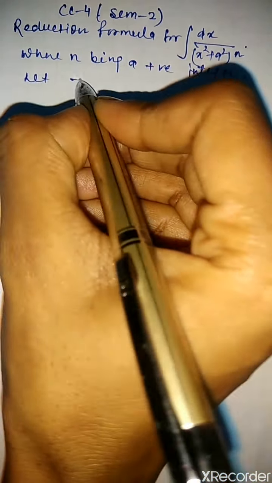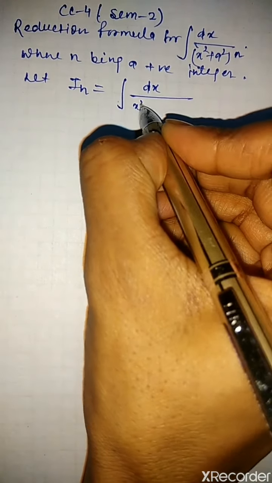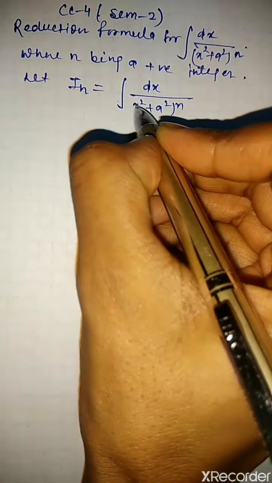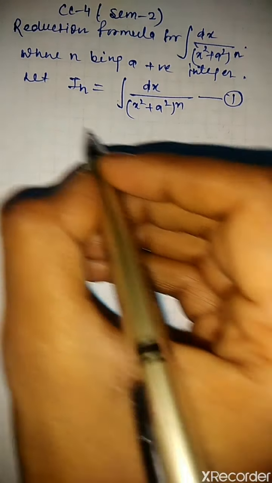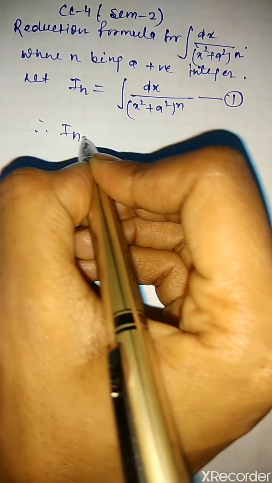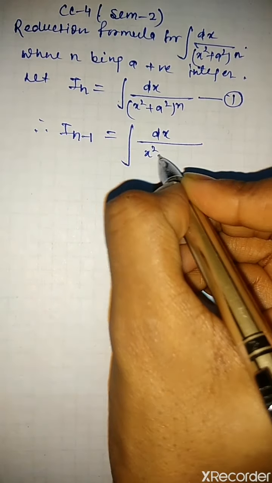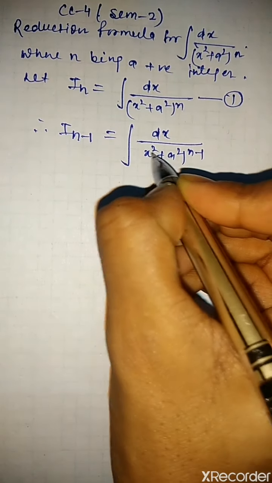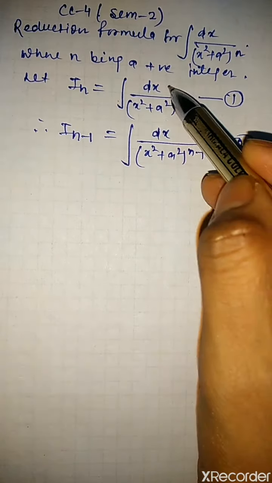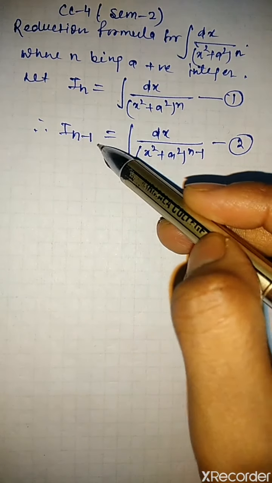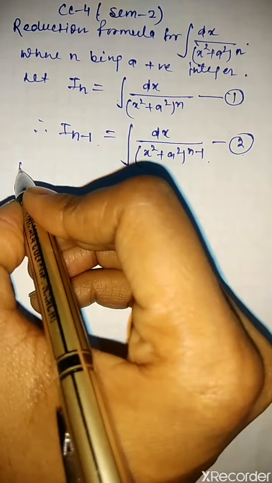So for this, first we let I_n equals integration of dx divided by x square plus a square whole to the power n, and let us assume this is equation number 1. So we can write I_(n-1) as integration of dx divided by x square plus a square whole to the power n minus 1, because if we write I_n in this form, then we can similarly write I_(n-1) in this form. So here we take